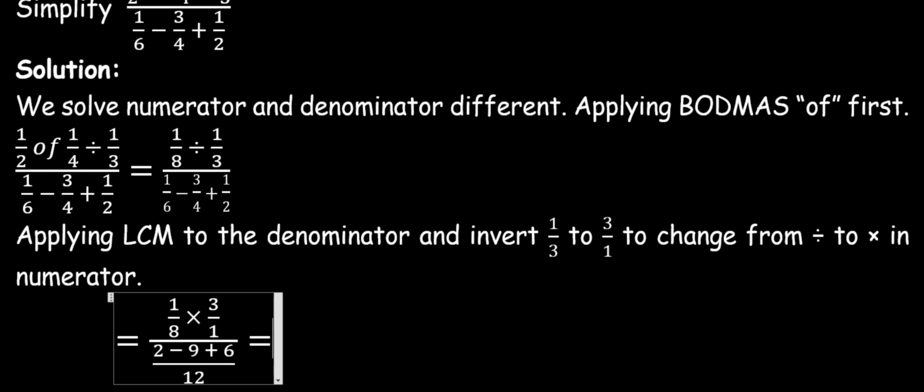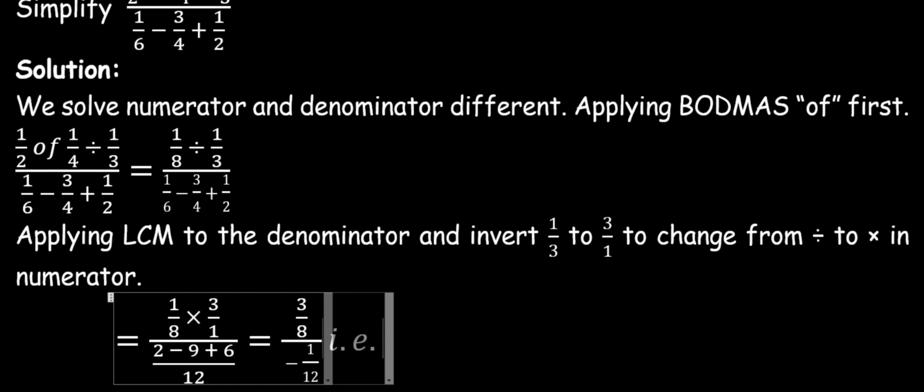3 times 3 gives you 9. Then plus, in the second fraction, 1 over 2, you have 12 divided by 2 will give you 6. 6 times 1 gives you plus the 6 that is there. And so our result will be equals to 3 over 8 at the numerator divided by minus 1 over 12